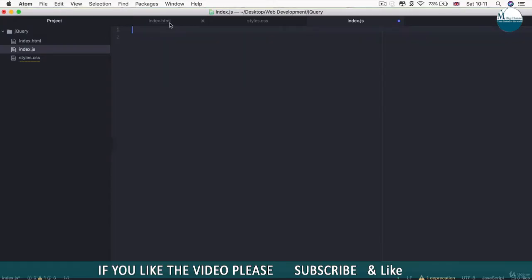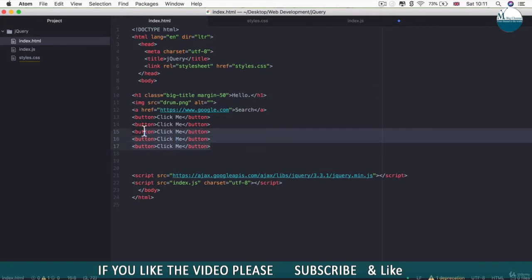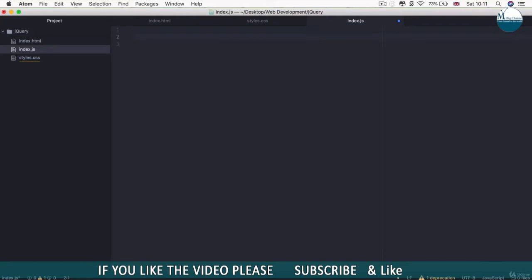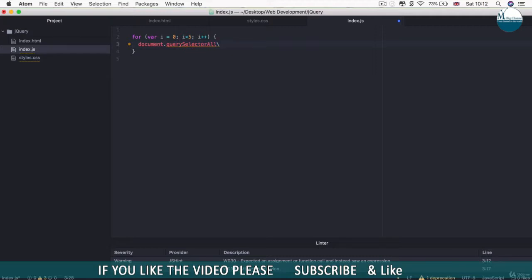Now, the other pain that we had previously is that if we wanted to add an event listener to all 5 buttons, we had to write a for loop if we only had JavaScript in our toolset. So we had to write something like for var i = 0; i < 5; i++, and then inside the for loop we searched through the document for querySelectorAll to select all of the buttons, and the selector is of course button, and then we used this index i to add an event listener,